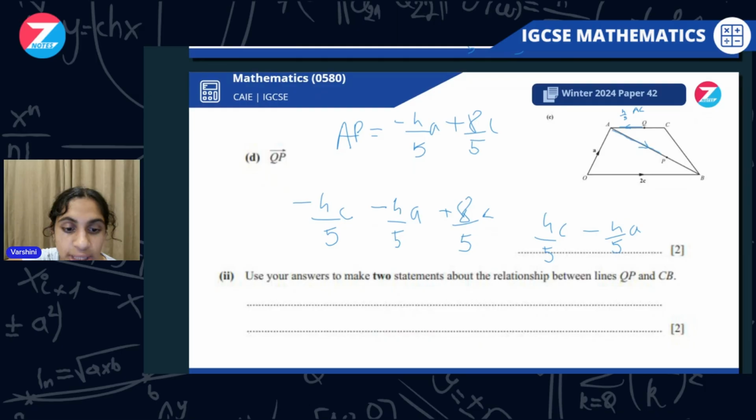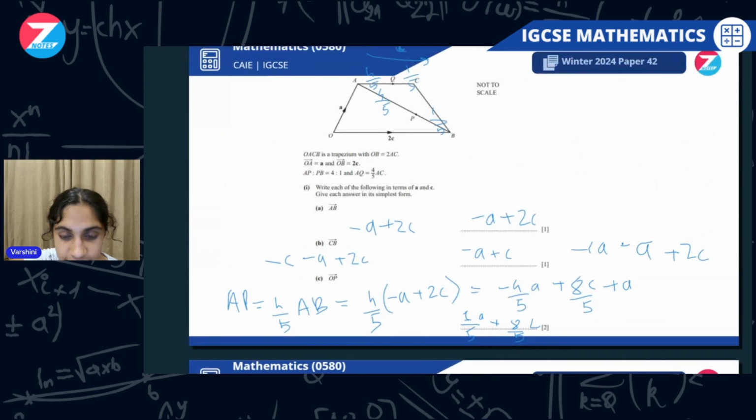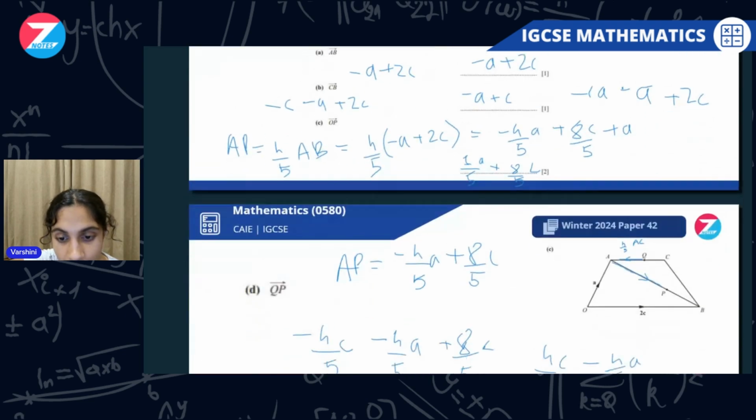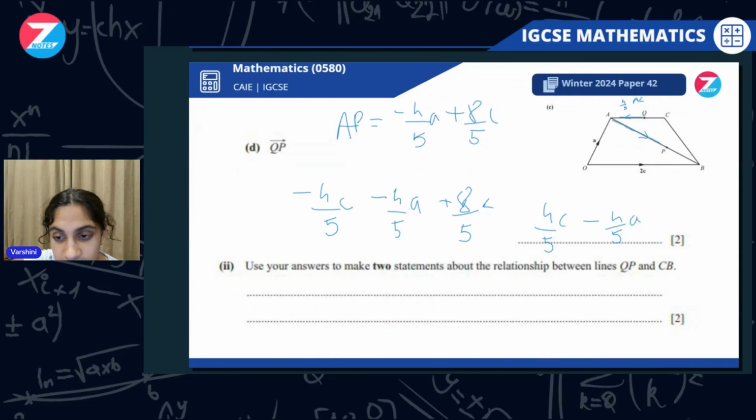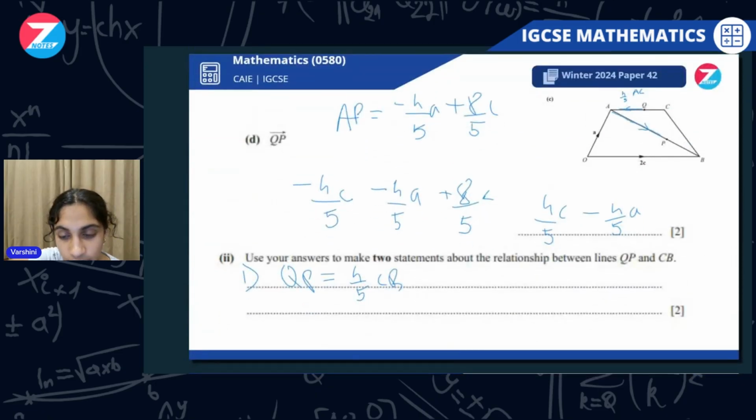Okay. Use your answers to make two statements about the relationship between the lines QP, which we just now found, which is this, and CB. So we also found CB, which is minus A plus C. And this one is minus 4 by 5A plus 4 by 5C. So we know that QP, firstly we can say QP is equal to 4 by 5 of CB,